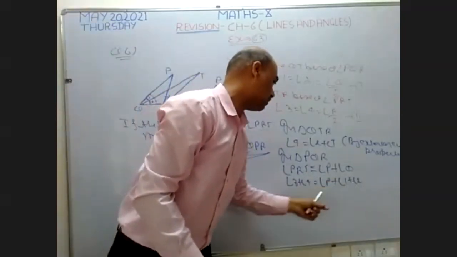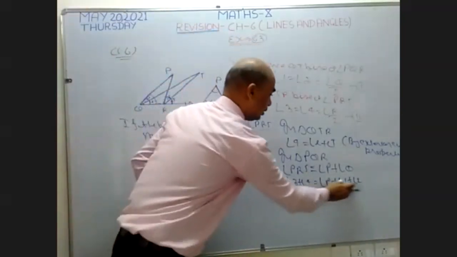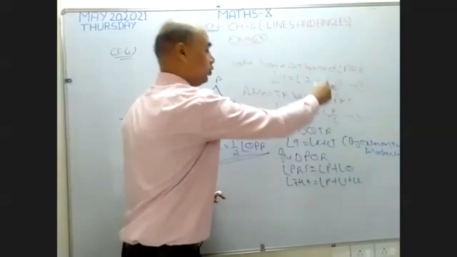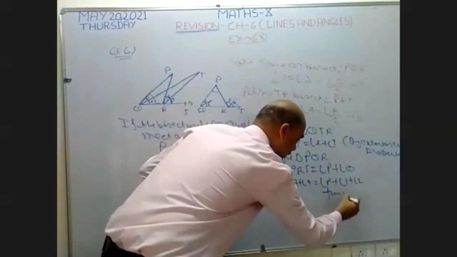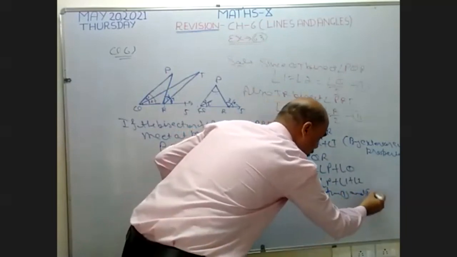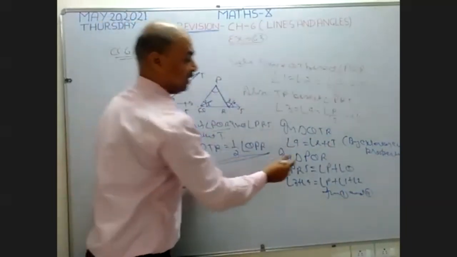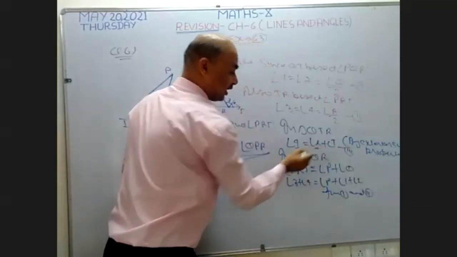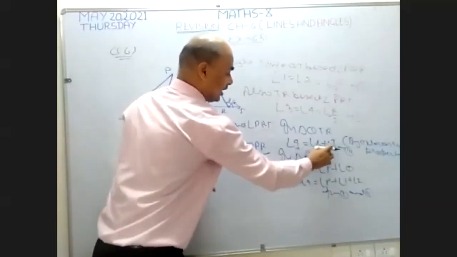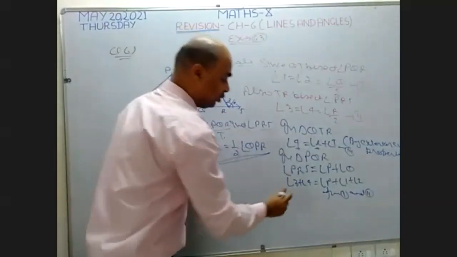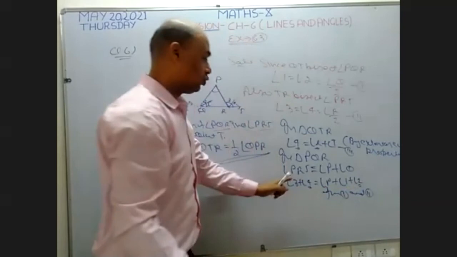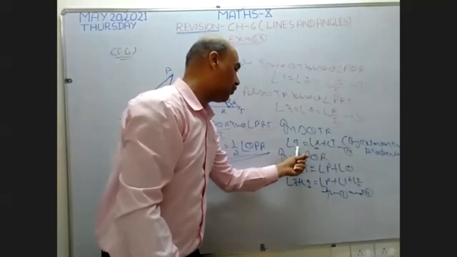Now I need to change these angles. See on the board, what is given in angle 1 and angle 2? I want to use these two. To whom do I want to change? See, in my third part, angle 4 and angle 2 are given. So I want to take all the angles as angle 4 and angle 2. I want to convert angles into the form of 4 and 2.